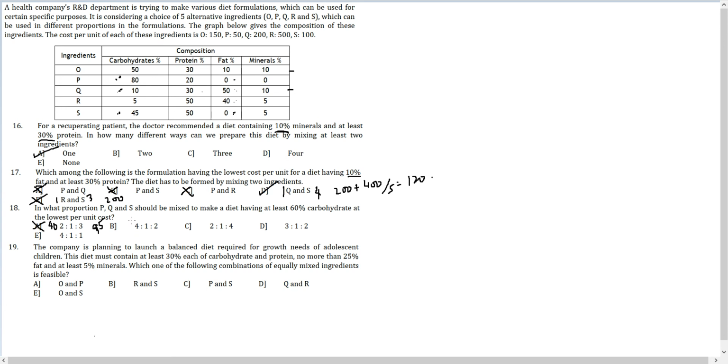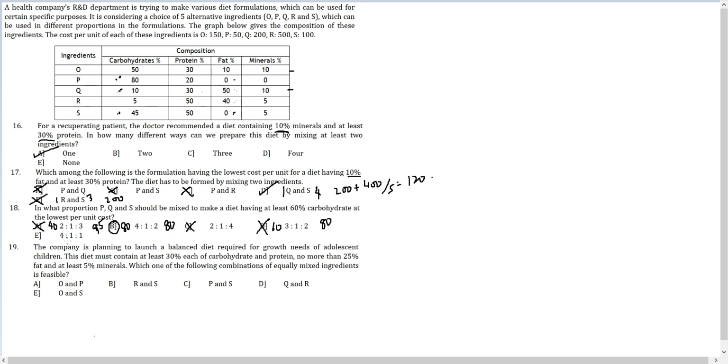Let's look at option B. 4 into 20, so 80. So 50 plus 30, also 80. I am getting precisely 60% carbohydrate here. This is a possible option. Let's look at this one now. If 213 was unacceptable, 214 will definitely also be unacceptable, because this would even lower the proportion of carbohydrates. 45 is coming in greater quantity now. Let's look at 312. 3 gives me 60 on this side, 50 and 30. 12 gives me 80 on this side, so this is also unacceptable.